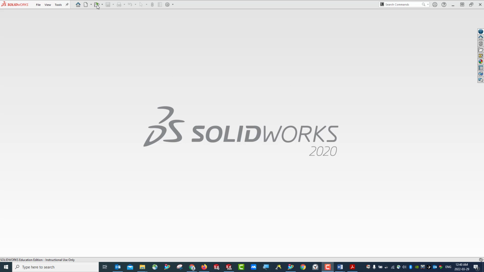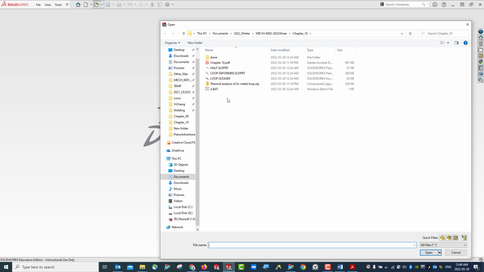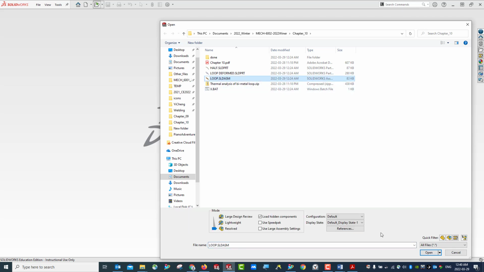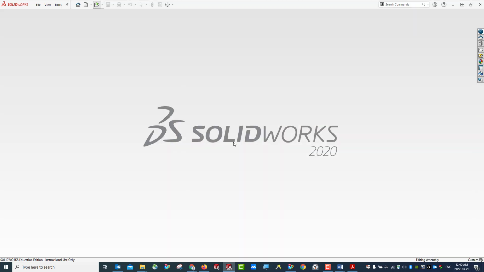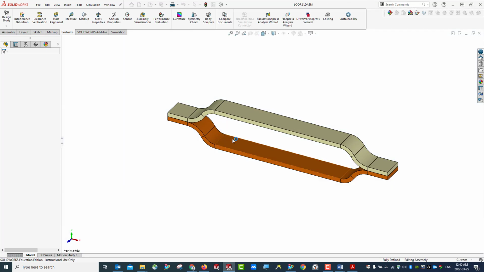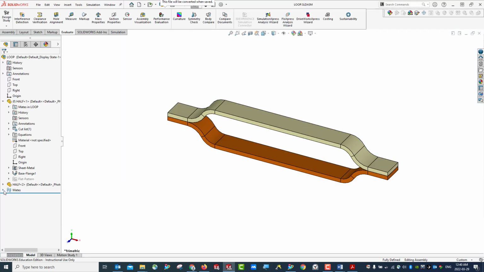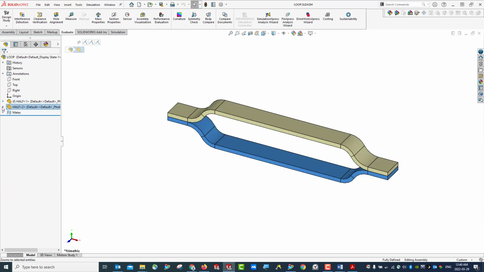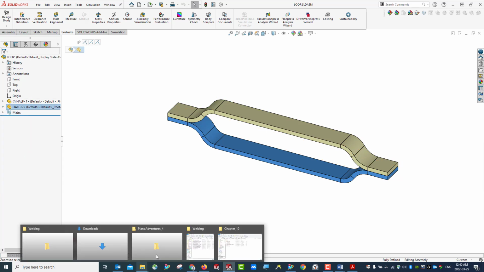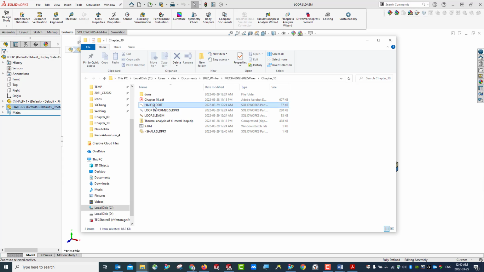First, let's open the loop assembly. Here's the loop with the 2/2, half 1 and half 2. You can see this 2/2 come from the single part, half,